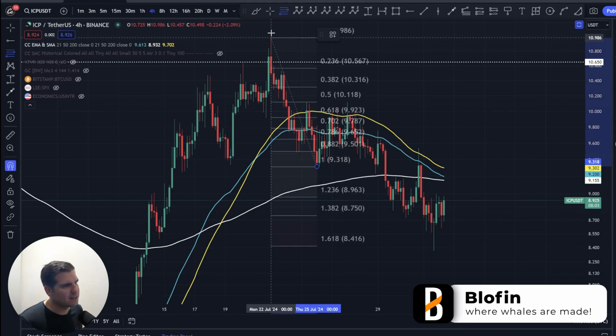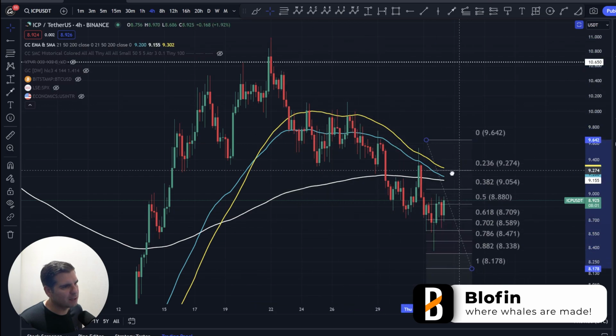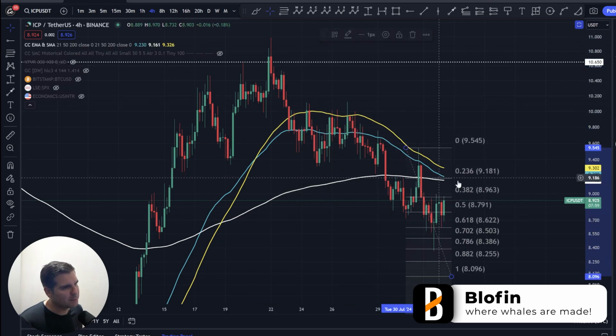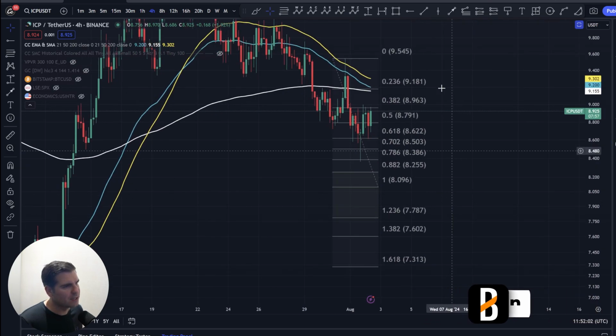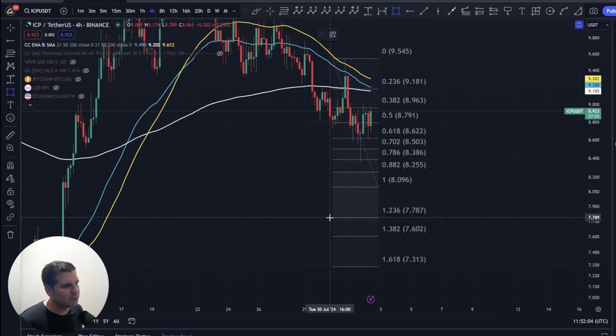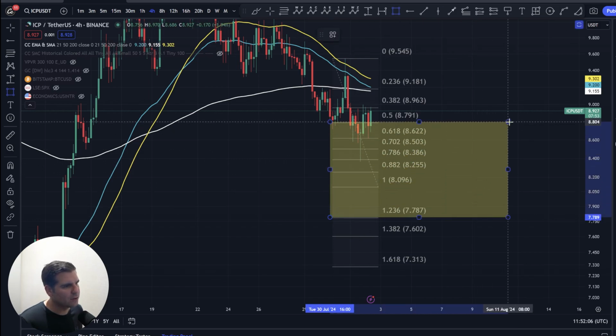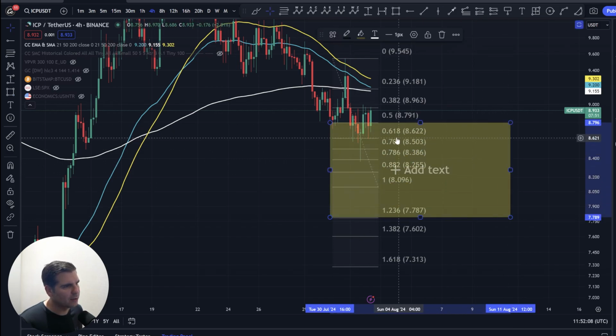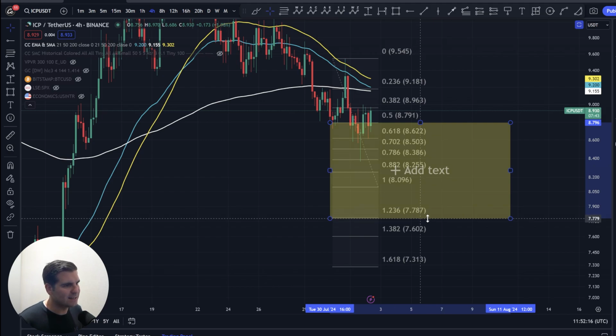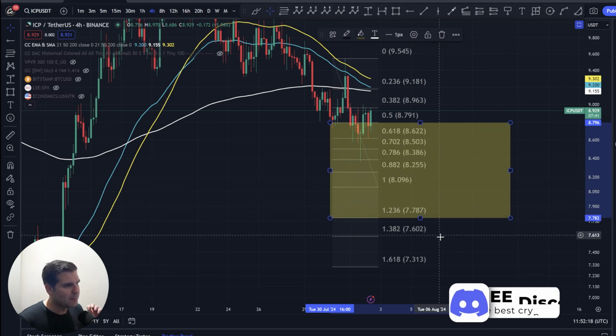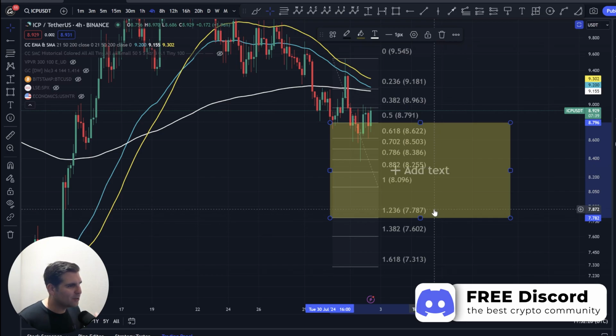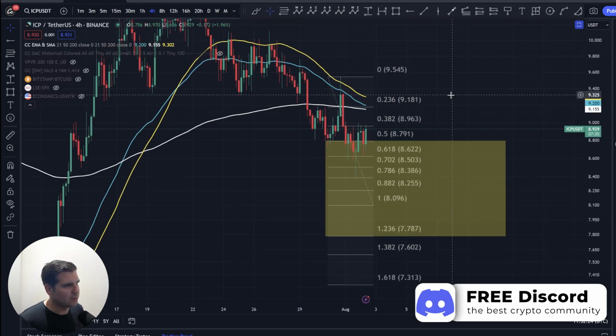But it is still a little bit irregular, and we still can see a potential move here to the downside a little bit deeper. And I'm going to put a little yellow box on here just to give you an idea as to where it can go. We are talking the price being between $8.79 and $7.80. Let me actually recap that for you. $7.78 on the low and $8.79 on the higher side, if I can actually get those words out today.